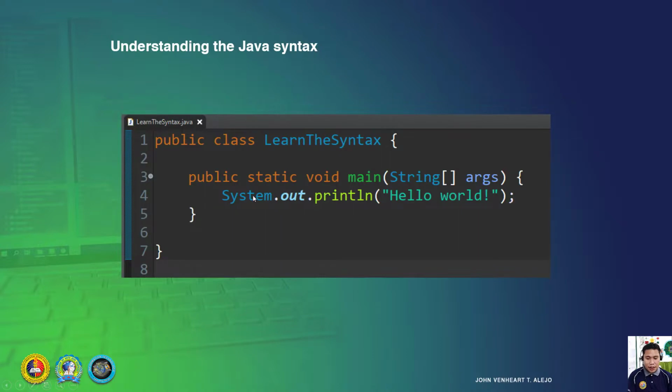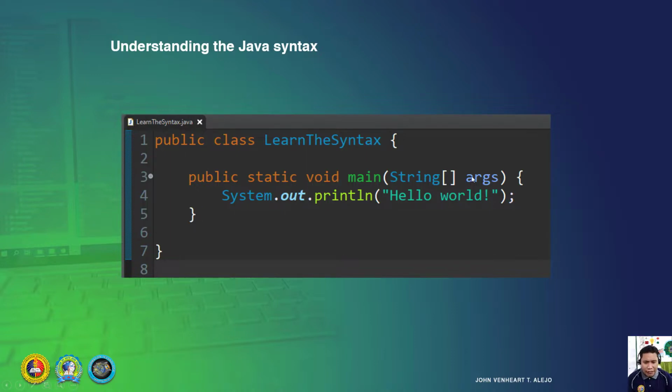So the question is, why is there no return 0 here? Because the data type is void, meaning no value. In Java, not all programs return something, so the main function is declared void. It's a special function with a void data type. It doesn't need to return anything because it is void.